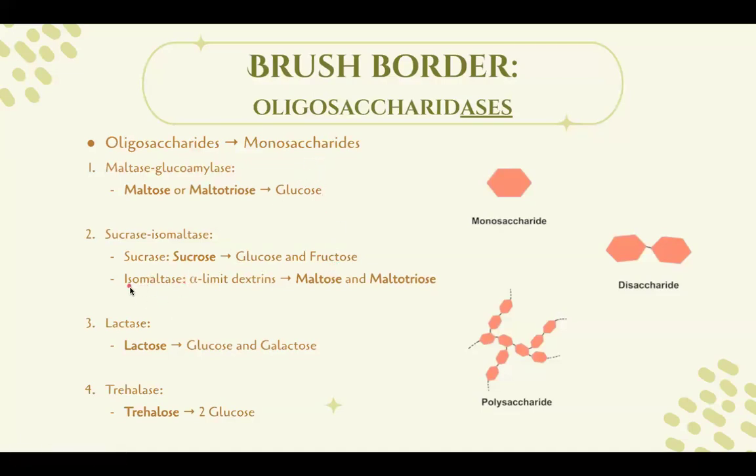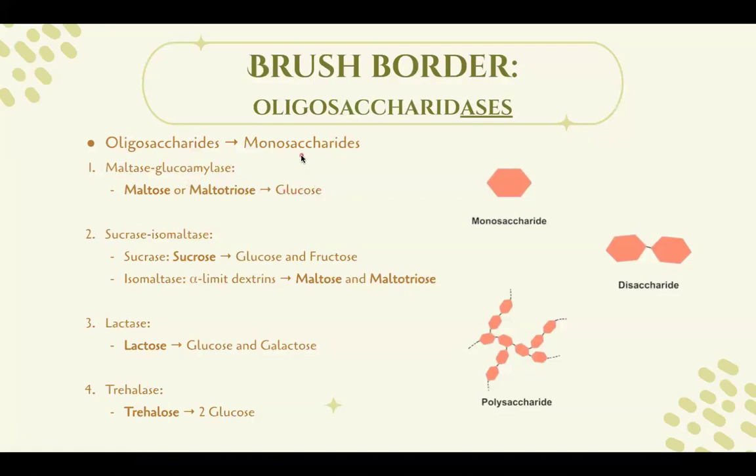Okay, the next part is isomaltase. Now, isomaltase is very important. Why? Remember when we broke down amylopectin and we ended up with the alpha limit dextrin, which had the alpha 1,6 that we couldn't break down with amylase, sorry. So isomaltase will do the job of breaking down the alpha 1,6 linkage that we couldn't break down initially. So it breaks down the alpha limit dextrin into maltose and maltotriose. All right, and these two can go to the maltase over here and be broken down into glucose to get